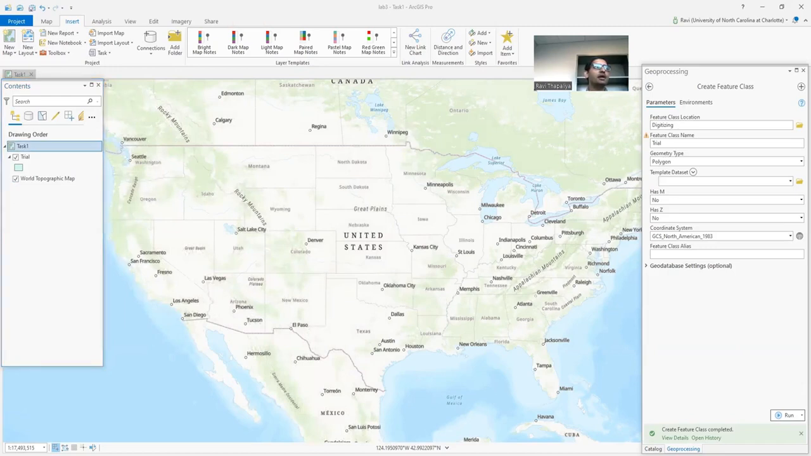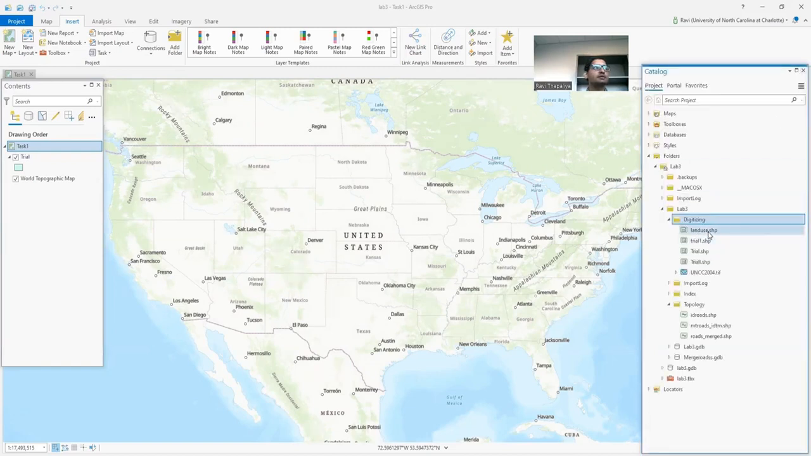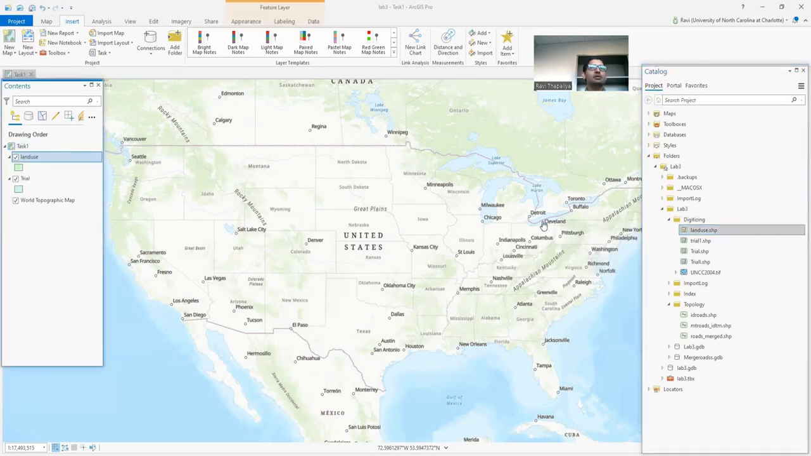In step 4, we need to add data to our map frame. For that, drag and drop the land use shapefile as well as the trial shapefile from the catalog pane to the contents pane. Make sure the trial shapefile is on top of the land use shapefile